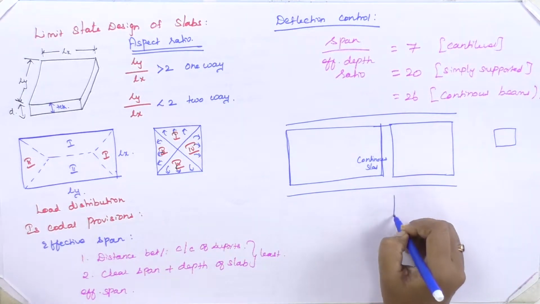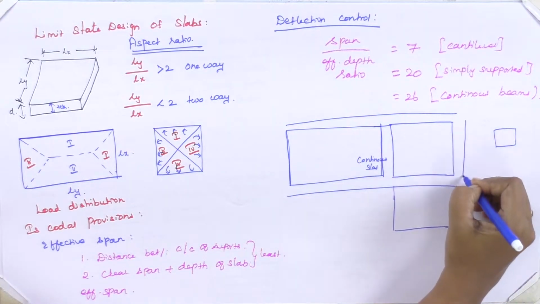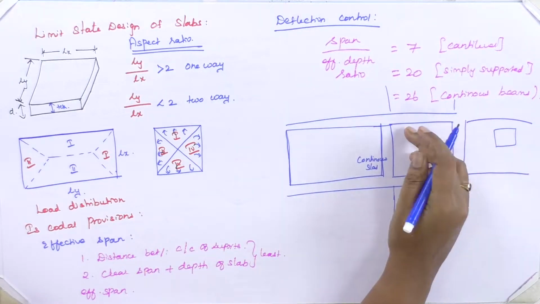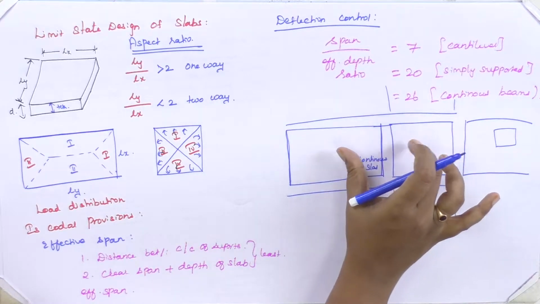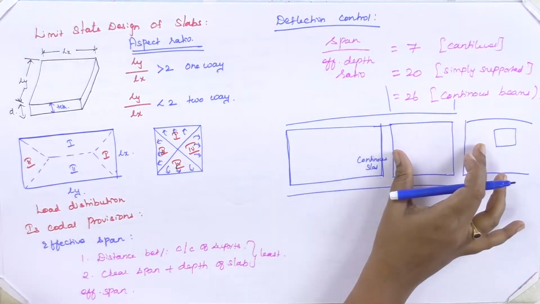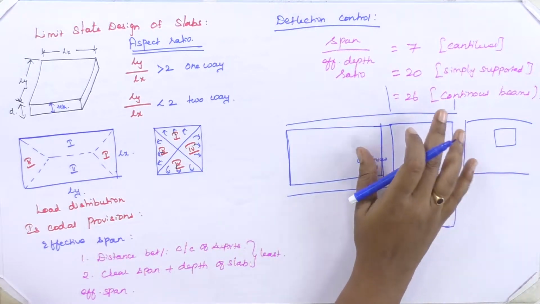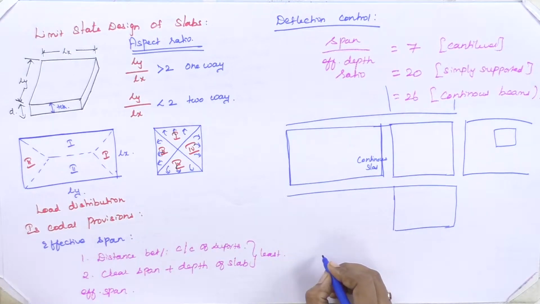Or else if you have a slab here and the continuation of slab here also, you can call this the interior panel. This classification you need to do to calculate the moment resistance factor for your slabs. Main thing, when a slab is like this,